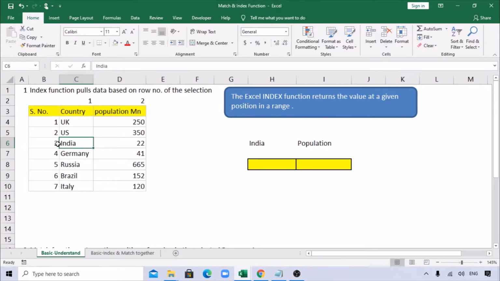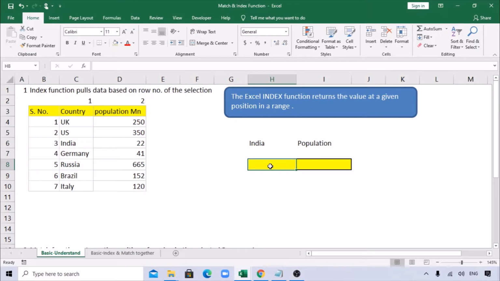The position is third. Again, if we select the data, I need to know the population. Obviously it is in the second column, right? Country is the first column, population the second. We are not considering this because we are selecting only the range from country to this. We're not including the headers either, right? So let's try to get India's position and then the population for that.